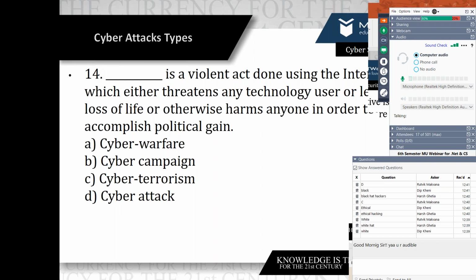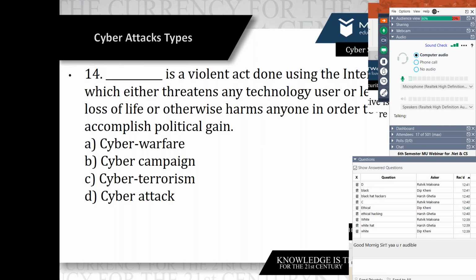Cyberterrorism is a term used to describe internet terrorism, as well as an individual or a group of anonymous users who use religion-related or other dogma-related activity that uses any technology or user which may lead to loss of life. That's why I have written down the key point, loss of life.